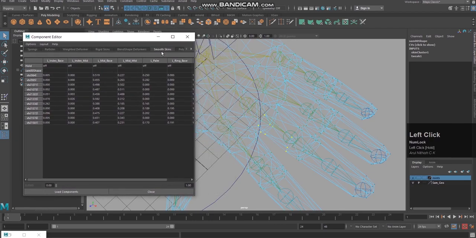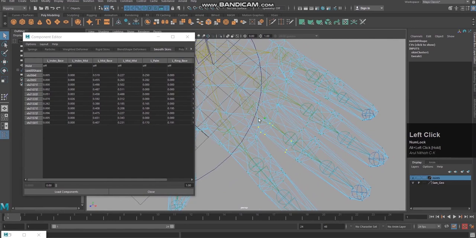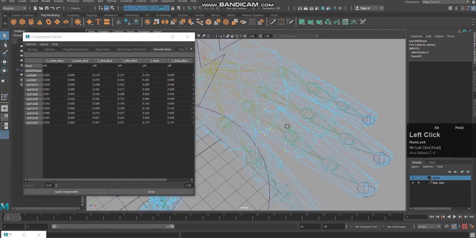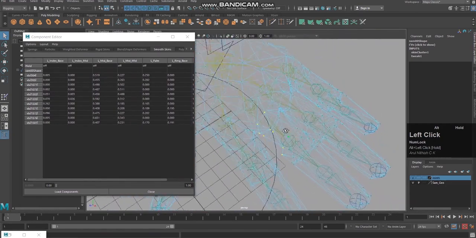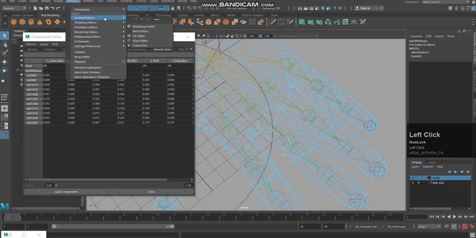Because see, I have tried my best to paint the values of all these joints here as 0, but still these vertices are having some influence, and when I'm moving this it is also getting affected. So I'm selecting these vertices and going to Windows and opening component editor.